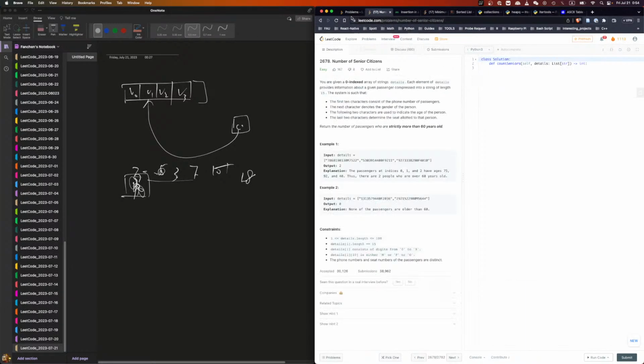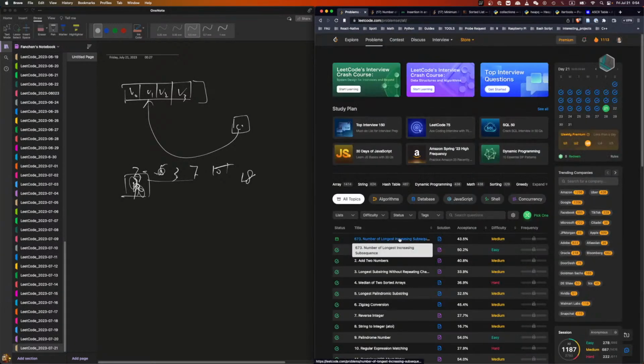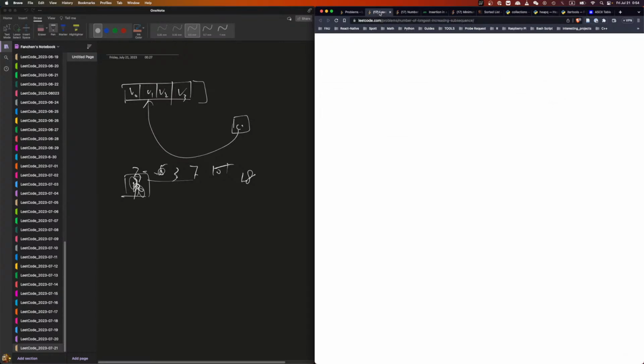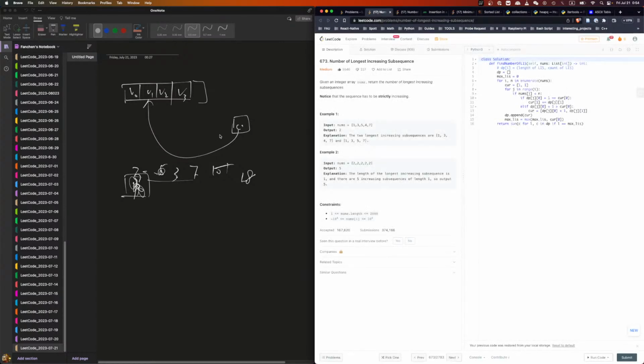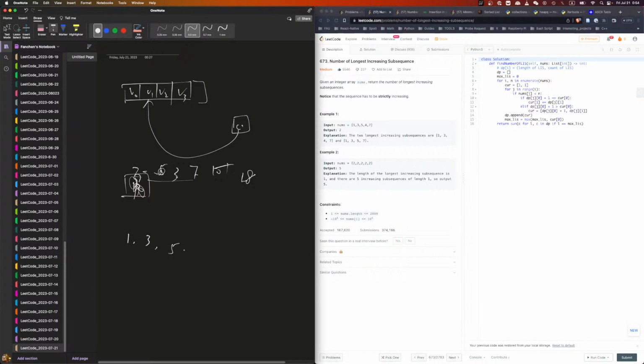I am intrigued. I want to try. What do you think? Well, here's what I think. If I go 1, 3, 5, 4, we don't replace it. We do replace it. We'll replace it, but we record it. We have 2 values here, right? And then 7. So this answer is 2.